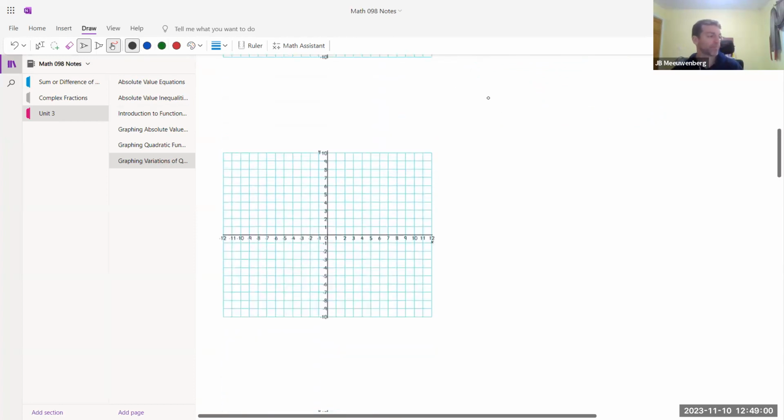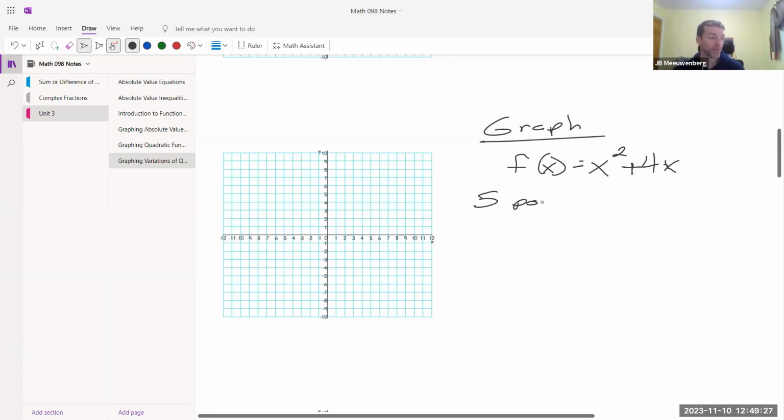So let's graph this quadratic function. F of x is equal to x squared plus 4x. Now, the way that we are going to want to do this, and your instructions when you are working on these problems, is not just to graph the parabola, but find 5 very specific points. 5 points. And those points are the vertex,